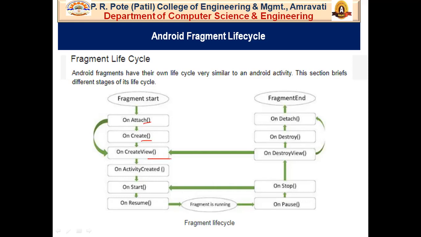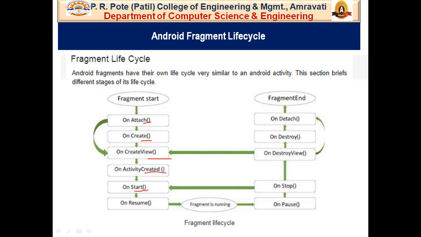So onCreateView is basically used to create a view. It is used to inflate the layout which you want to use in your activity. After this, we have the onActivityCreated method. This method is called after the view has been created and it is ready to be loaded. When the activity is created, the functions find views and other activity parameters to be used in our fragment.